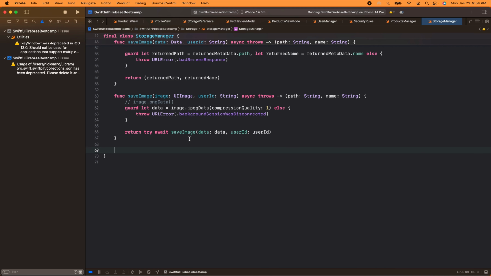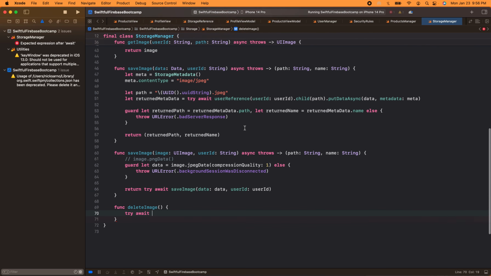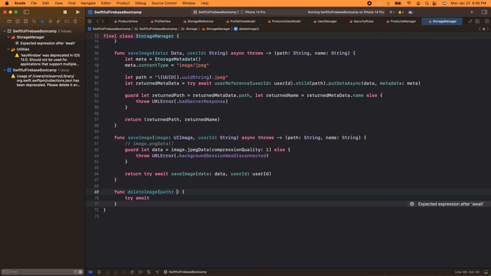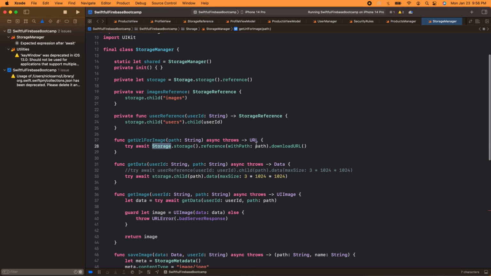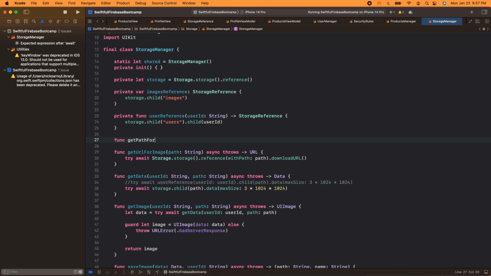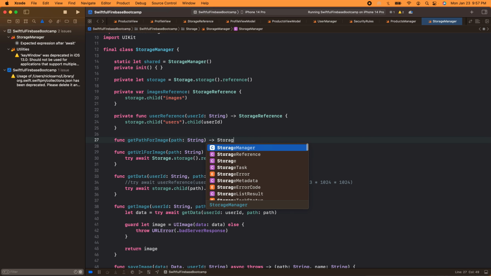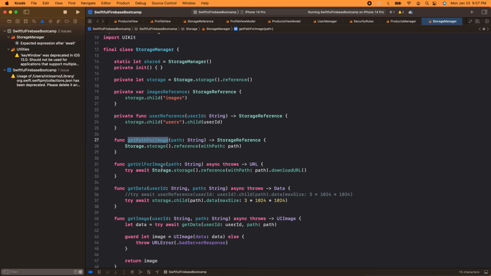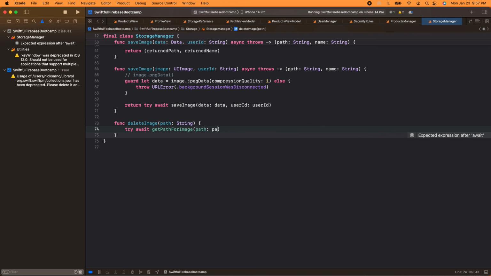All right, and the very last thing that I want to just show you guys is we can do a function called delete image, in which we try await, and we have some sort of collection reference. Let's say path of type, maybe a string. And so up here we were getting the path from the actual path, and I think we should just maybe make that a function, func get path for image, pass in a path of type string, return a storage reference, and this will then be get path for image, path, and down here we can say path for image, and then call delete, which is async,